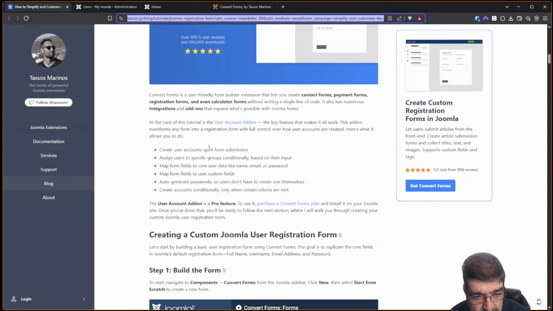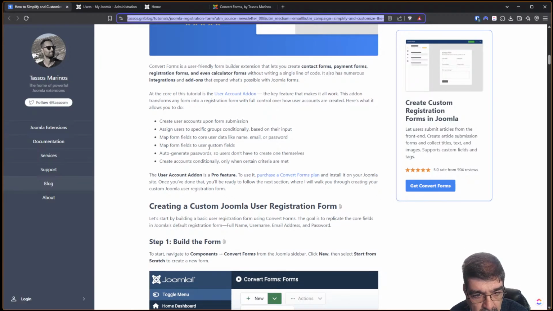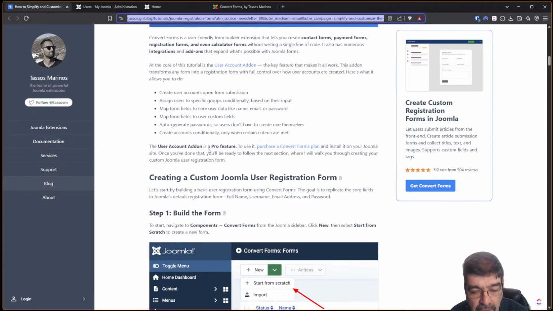So this is something in the pro of Convert Forms. Okay, so we will install the pro version right here, right now, and then you can see whether you want